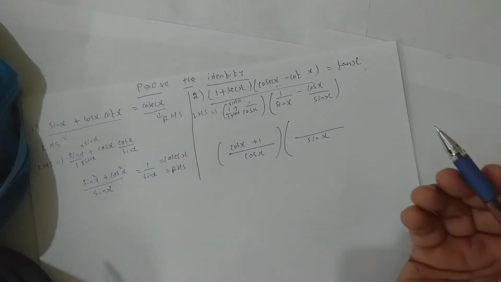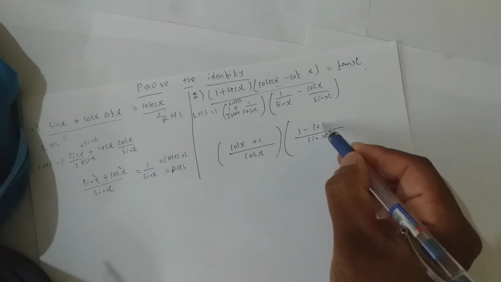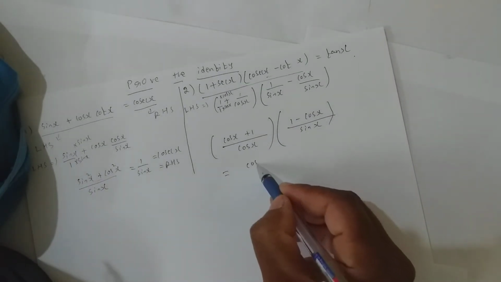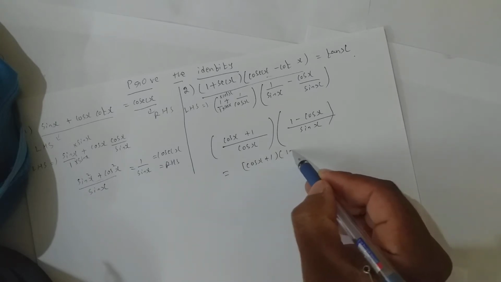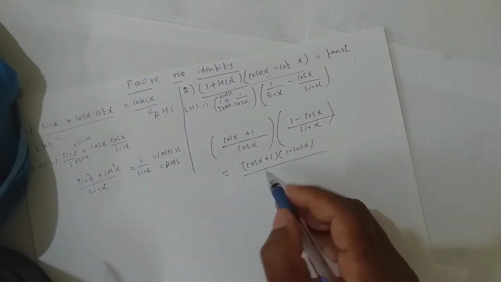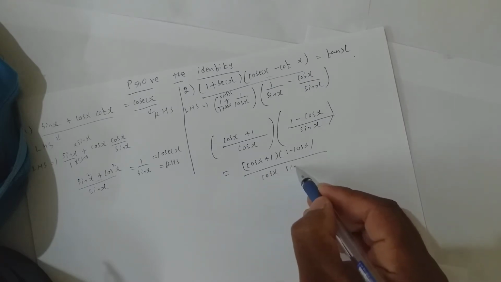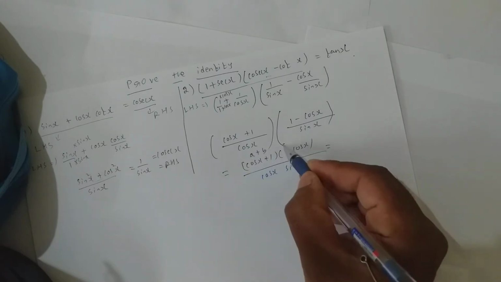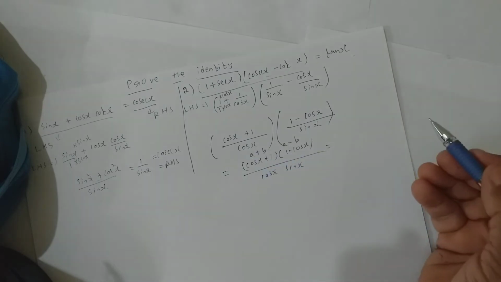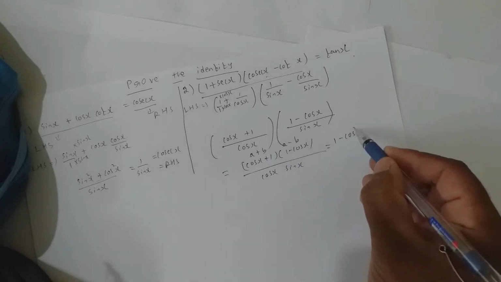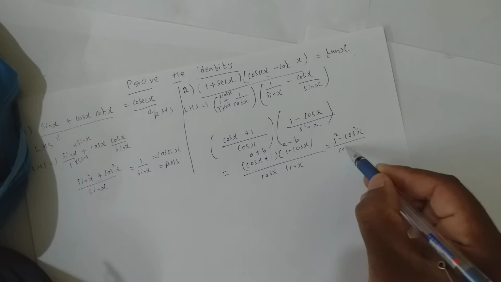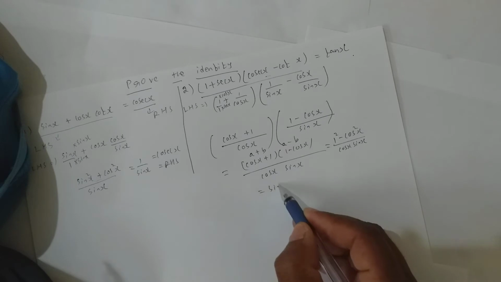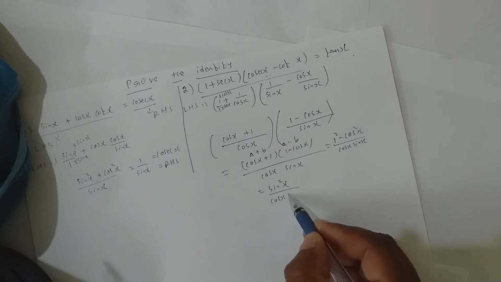Both the denominators are the same. I don't need to multiply anything. I can write the numerator as it is. Just now I said, so now it is cos x plus 1 and 1 minus cos x by cos x into sin x. In the starting of this video I told you it's of the form a plus b, a minus b. I can write a square minus b square. So it is 1 minus cos square x by cos x into sin x. Now 1 minus cos square x is how much? Sin square x by cos x into sin x.